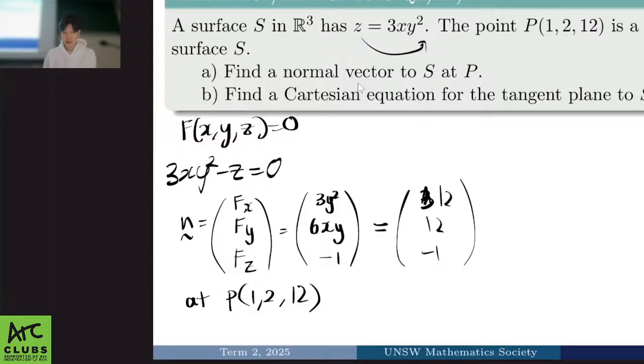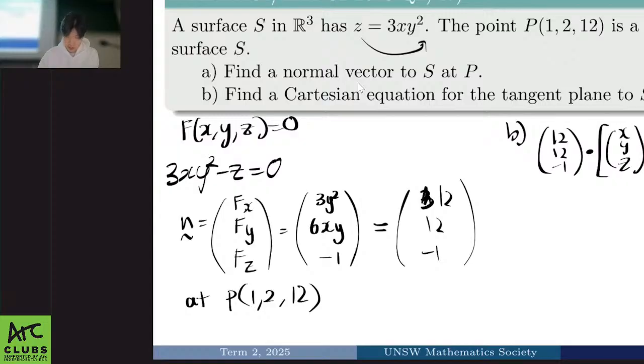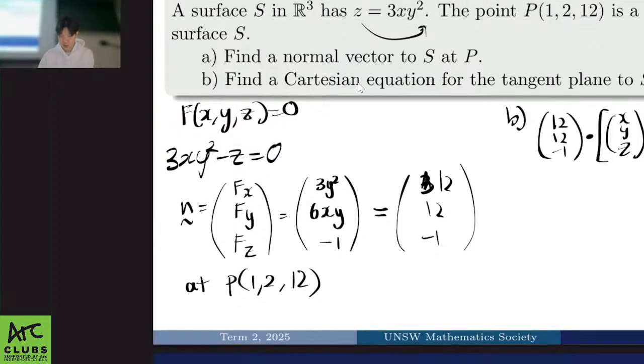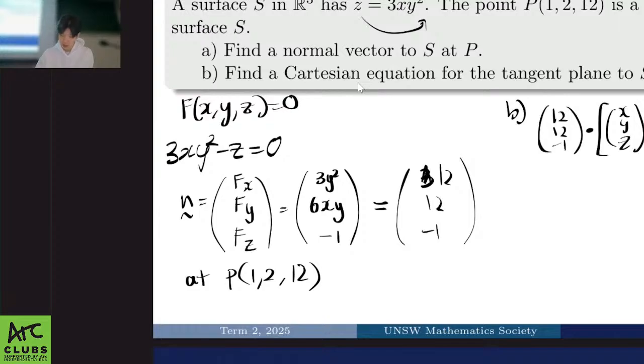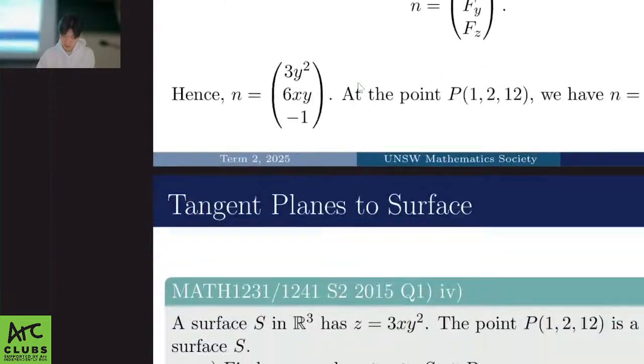Now we want to find the Cartesian equation. So we use our point normal form of a plane where we take (12, 12, -1) and dot product it with any vector on the plane minus the point (1, 2, 12). And this has to equal 0 because the normal vector is perpendicular to any vector on the plane. So expanding all of this out,